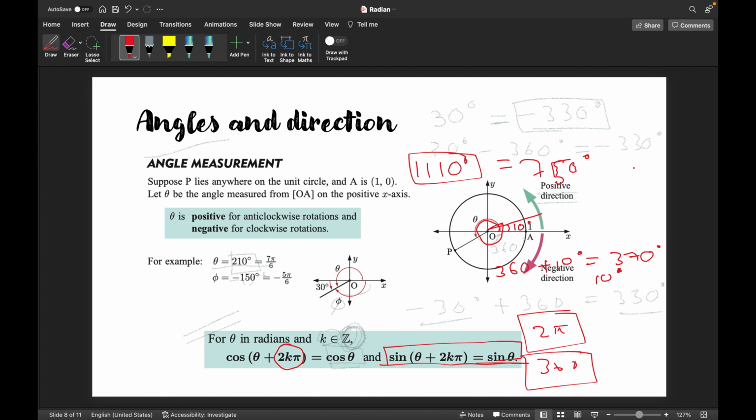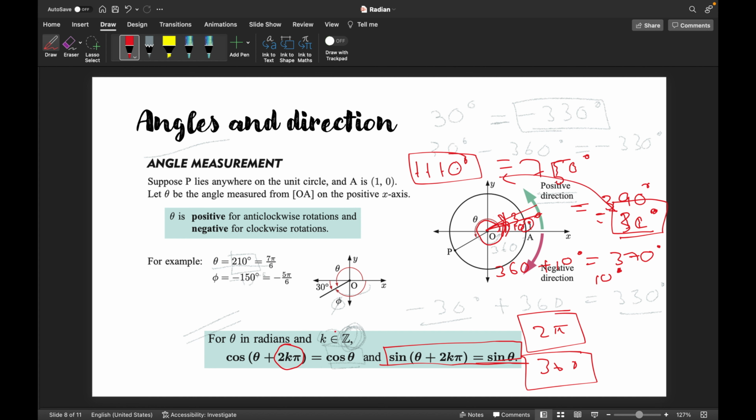And if you keep adding 360 to it, it's going to be 390, which is greater than 360. So if you travel 360 degrees and 30 more degrees, you'd complete that. So we can derive that 30 degrees is also equal to